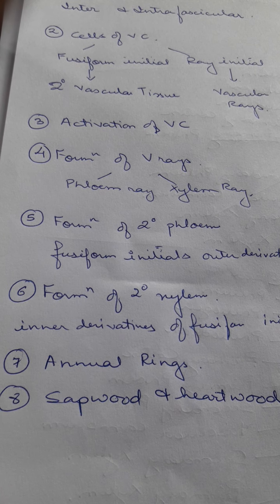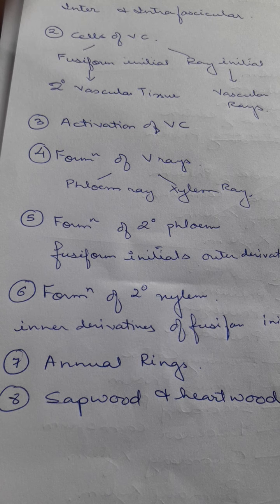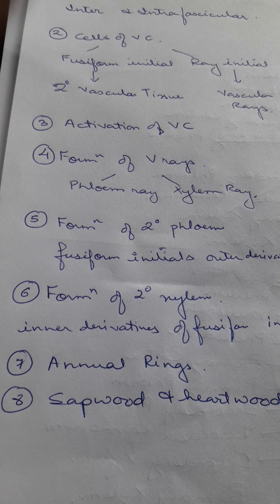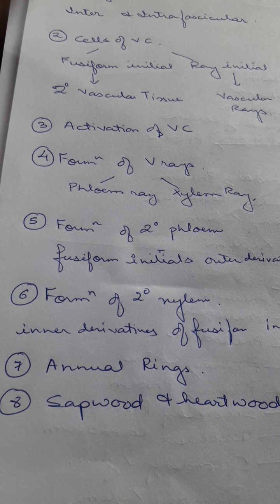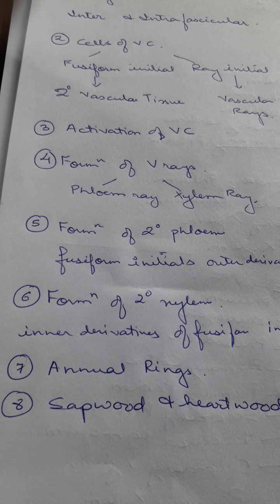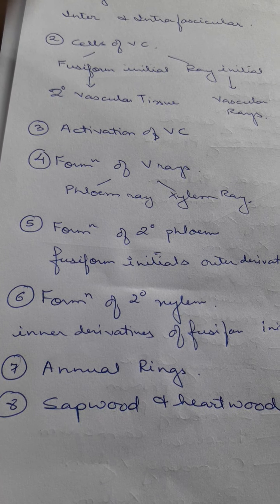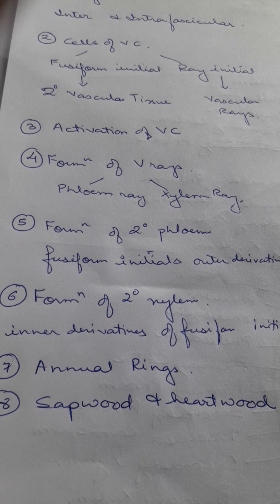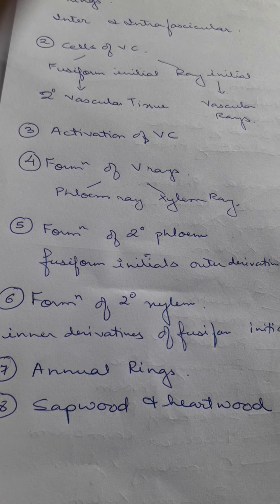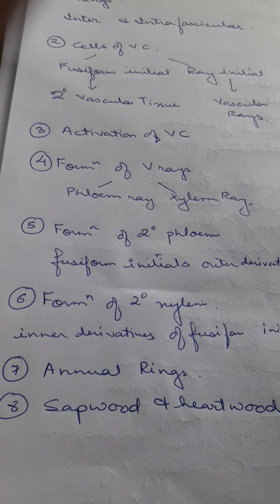These cells possess a large number of biochemical byproducts, and so sometimes they bulge out forming a balloon like structure, and those are known as the tyloses. They possess different chemicals, and these cells then die, and already we know the xylem tissues are dead cells, isn't it? So all these things are important for sapwood and heartwood.